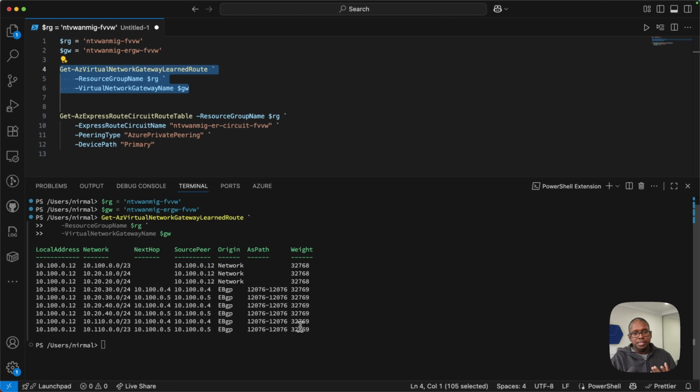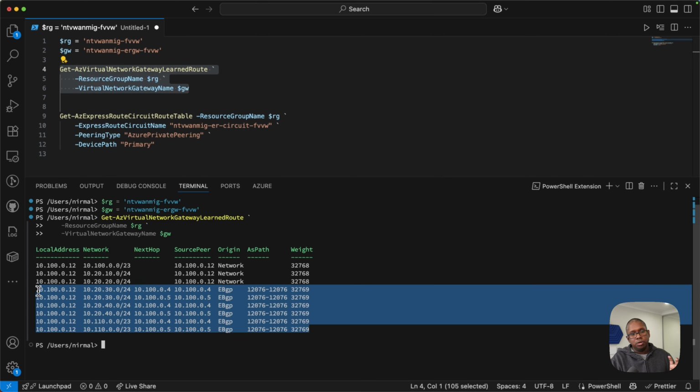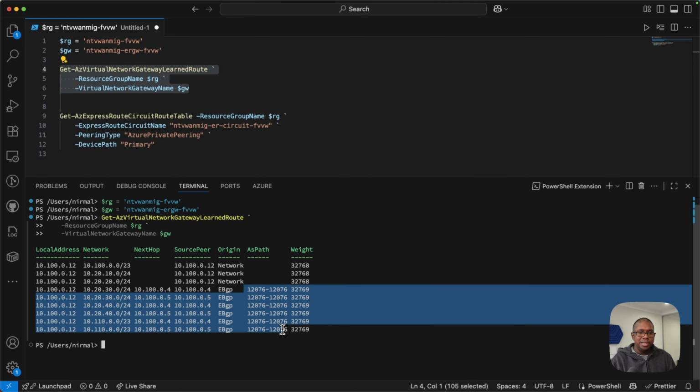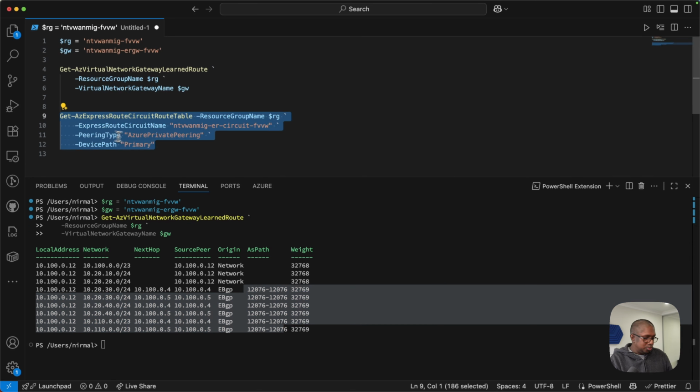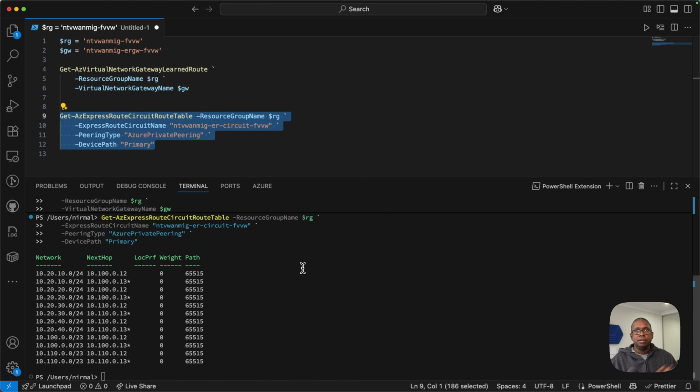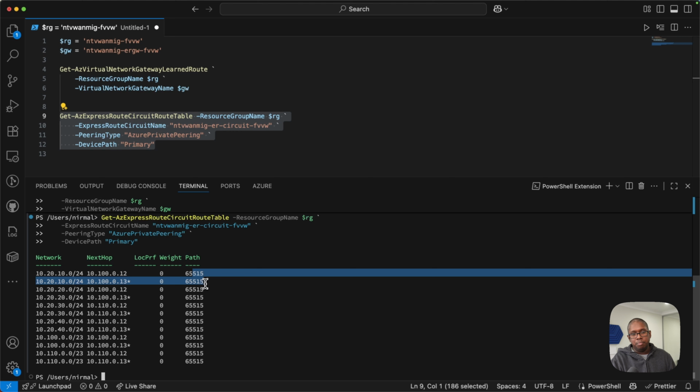We are also able to see that this particular gateway in the traditional hub spoke environment is learning all these routes, and we can also clearly see the AS path and how it is learning these routes. I can also do the circuit routes as well. So in the circuit, I can say, show me what are the routes that the circuit is learning. This is also to validate what the ExpressRoute circuit itself is learning from these different connections that we have, both against the traditional hub spoke environment and the virtual WAN environment. So here, again, we are seeing all of the routes, and the AS path is the gateway ASN, which is